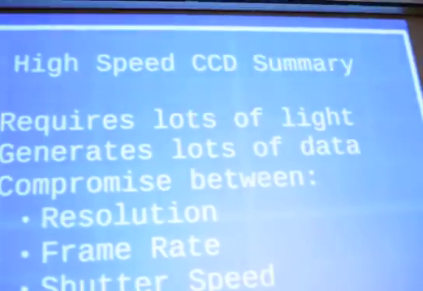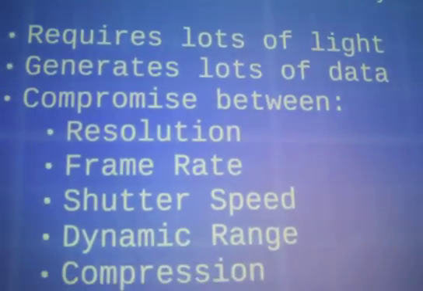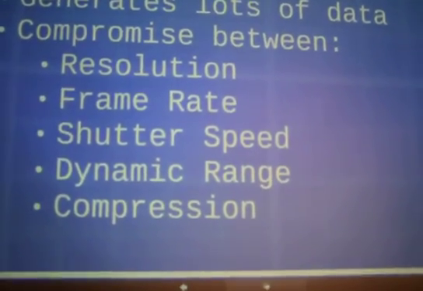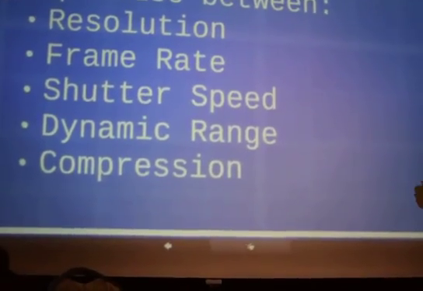High speed requires a lot of light. It generates a lot of data very quickly, and the camera compromises between resolution, so usually the high-speed modes will reduce the resolution that you're seeing on the camera. The shutter speed, you're exposing for a longer time to get enough photons on there. The dynamic range, whether you're digitizing that into 8 bits or 4 bits or something like that, so you lose